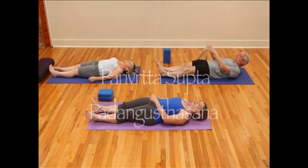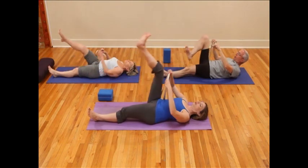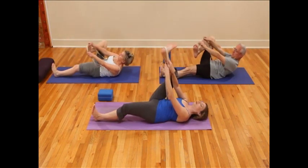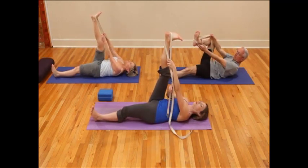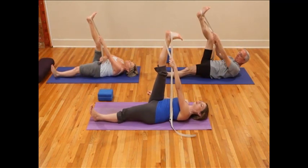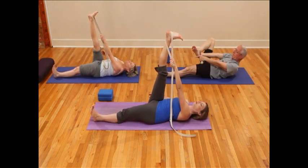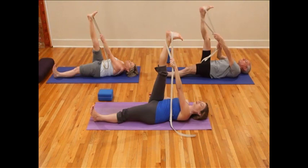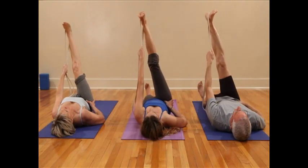Prasarita Supta Padangusthasana. Take the right leg up again and place the strap around the right heel, holding the strap in the left hand. Again, engage that bottom leg, pushing out through the left inner heel. And as you exhale, move the right leg across the body so that the right heel lines up with the